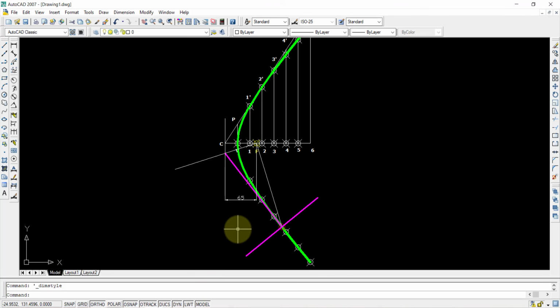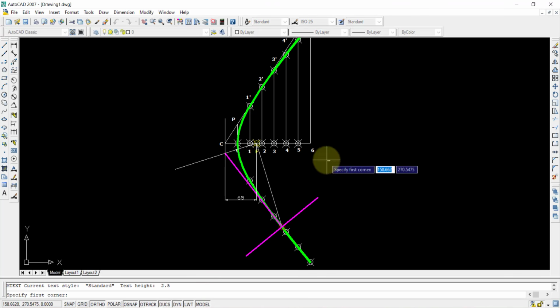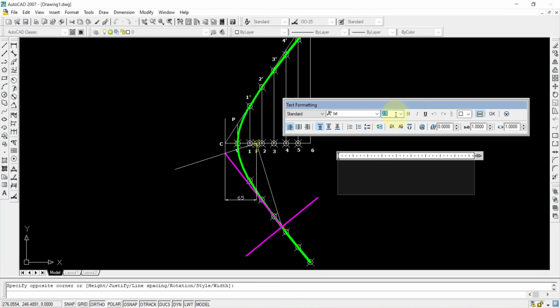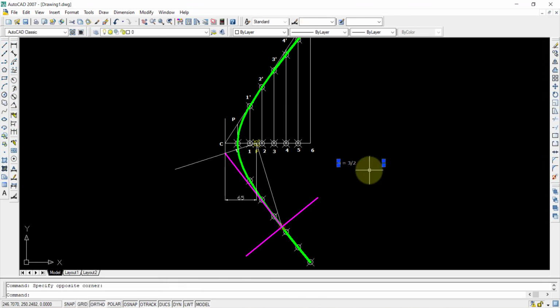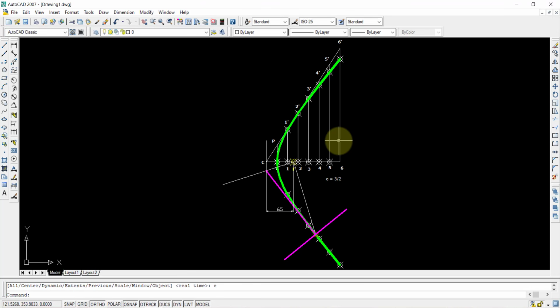And we know the information that eccentricity is equal to 3 by 2, therefore that one also should be shown here. So I'll select that, and E is equal to 3 by 2. That is also known to us, so that one also will be written here and shown. And you can write the information that it is a hyperbola by using the general method. In that way you can write the information here. So with that, your diagram is finished. Z enter, E enter. So this is your total diagram.